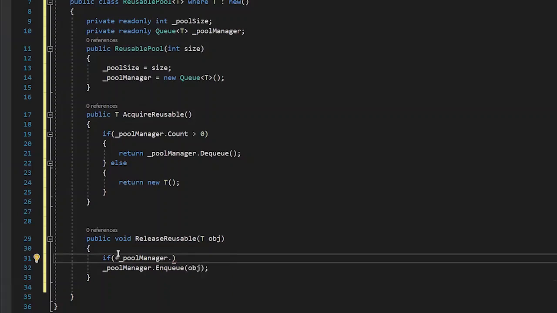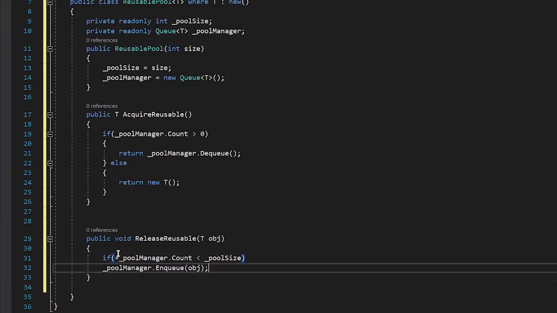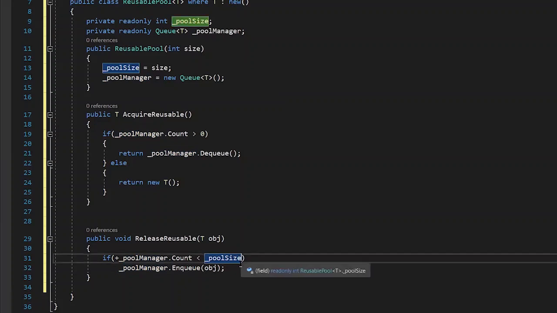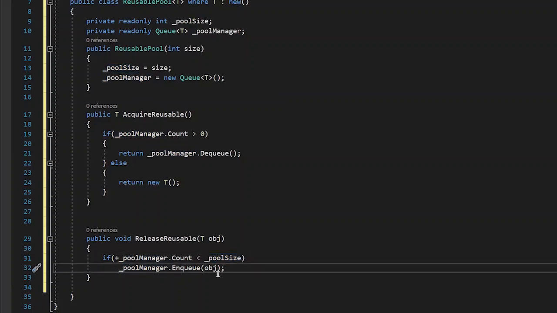Sorry, here we need to use count, right? Pool manager dot count should be pool size, so that it shouldn't exceed the size of the reusable pool, and the extra object will be left open for the garbage collector to be destroyed.